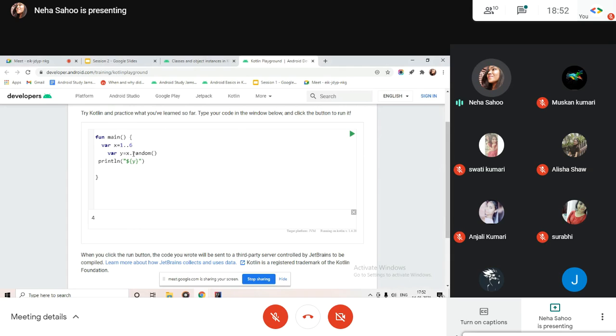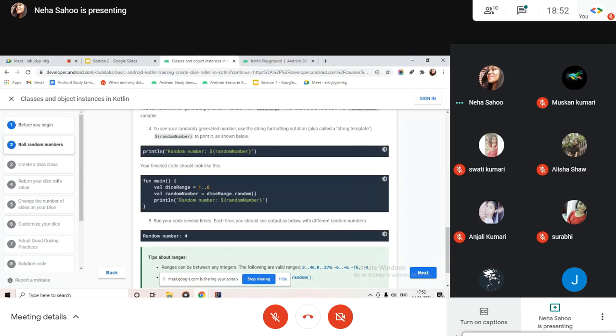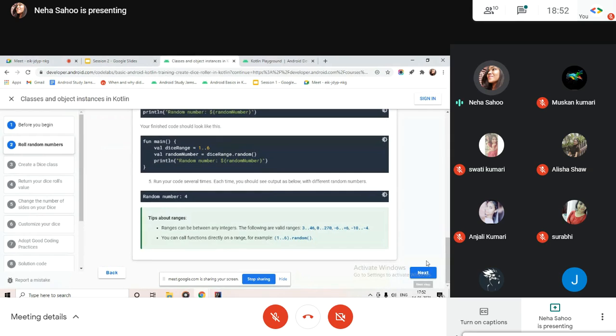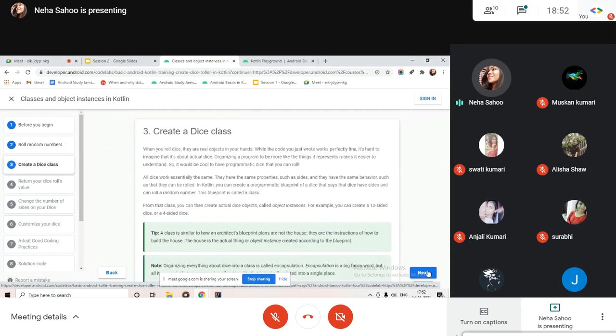This whole random function is what we will be using tomorrow when we will be building our dice roller app. And I hope that you are clear about how to make and produce this random number.